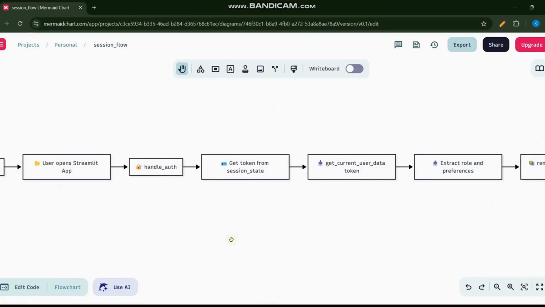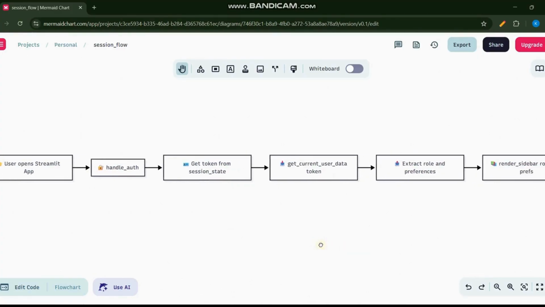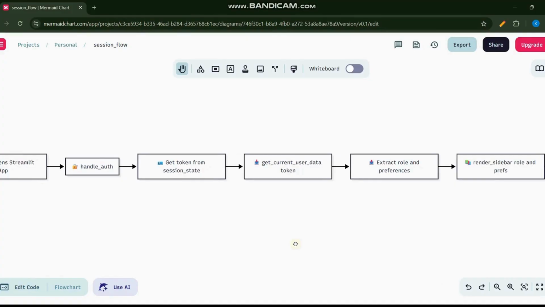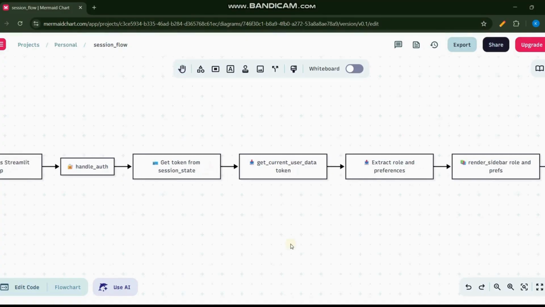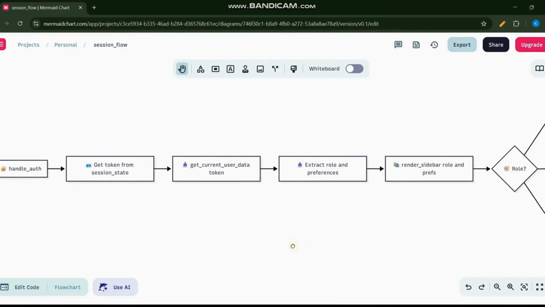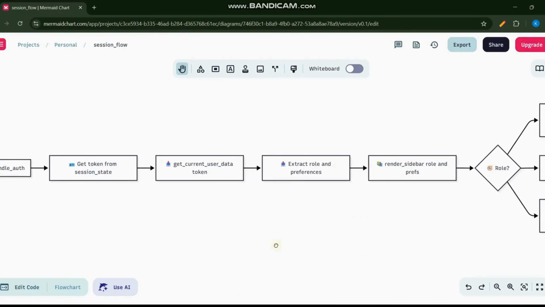Here's how session handling works in our Streamlit-based BizIntel app. The process starts when the user opens the app. First, we call handle_off, which checks authentication. Next, we fetch the token from Streamlit session state. With this token, we pull the current user data, extract the role and saved preferences, and then render the sidebar